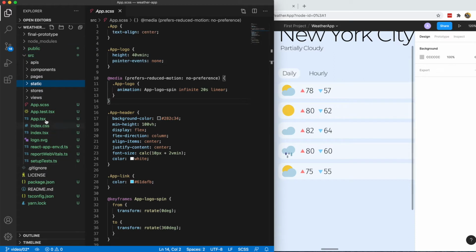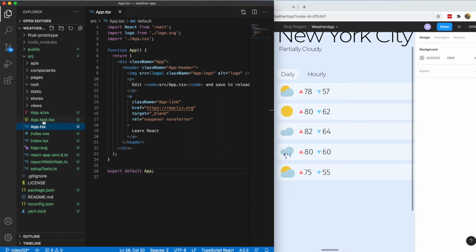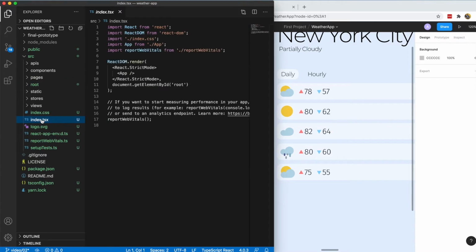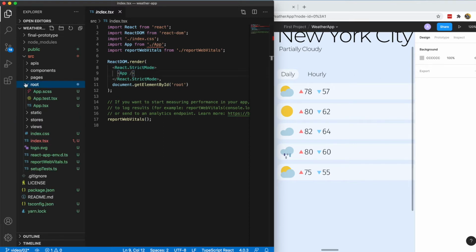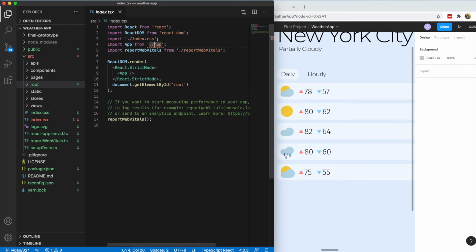Alright, so I'm going to organize some of this a little bit. Actually, let me move these app.test and app.css files into a folder called root, so that I'm not crowding up the main root folder here. So this is our root component, which goes in the index.tsx file. As you can see, React strict mode is on, and then we have the app component. So we probably need to update the import statement here. It's going to come from